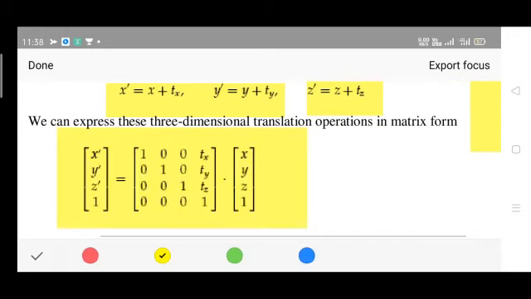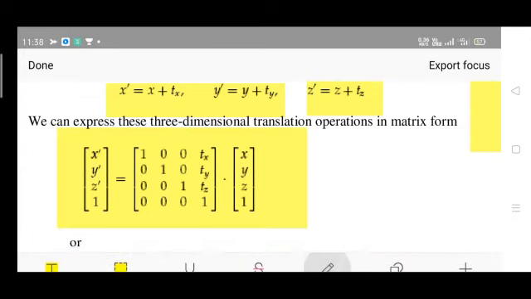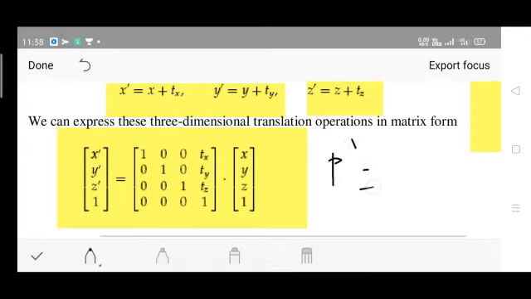So the new matrix is a 4 cross 4 matrix. I have told you clearly, the homogeneous coordinate system should include a 4 cross 4 matrix. Very simple. The fourth parameter should be the constant value. Earlier it was the third parameter, since only 2 dimensions we had. Now we have 3 dimensions, so the third parameter will be for z and the fourth parameter will be the constant value, tx, ty and so on. So P dash equal to the translation matrix T.